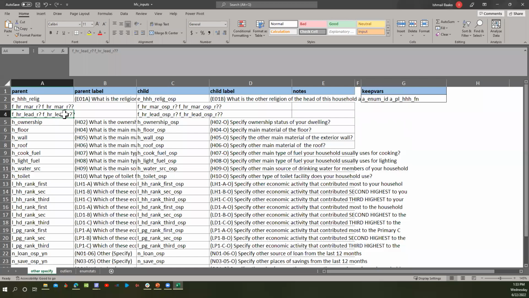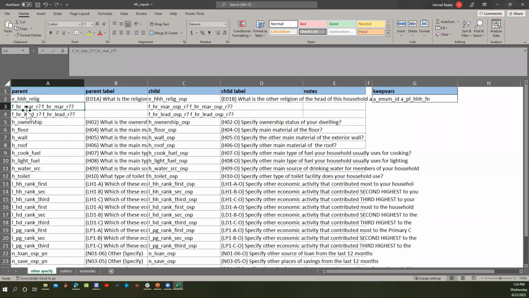You can actually go and write MAR underscore R1, and then 2, and then 3, and then 4. But first of all, that takes a long time, and also because it's a repeat group, the data keeps changing, and that means you always have to update it when the size of the repeat group increases.